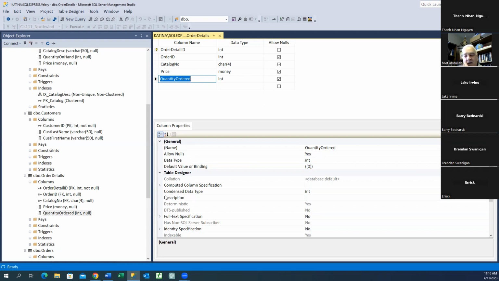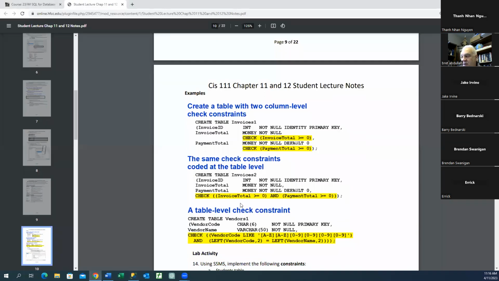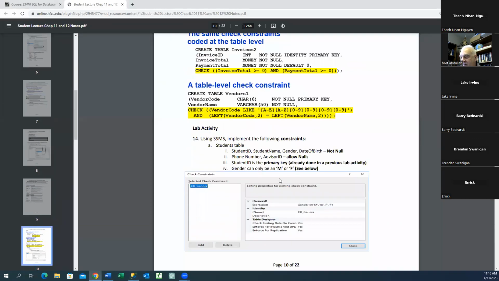Yeah. Well, see, I might have to look at my instructions. All right, this is the way you code that. Check constraints. Okay, so